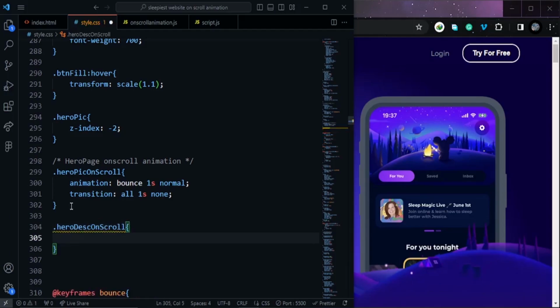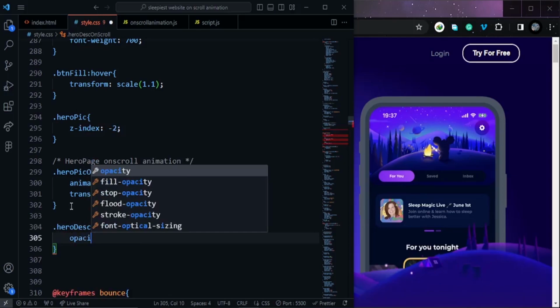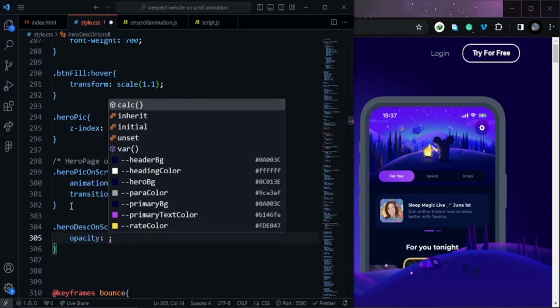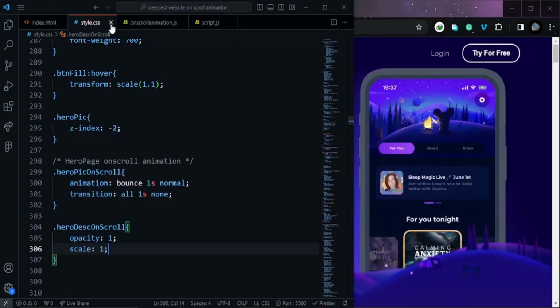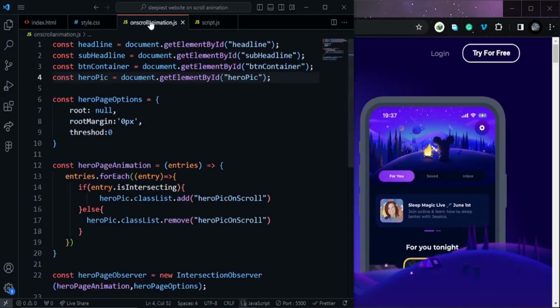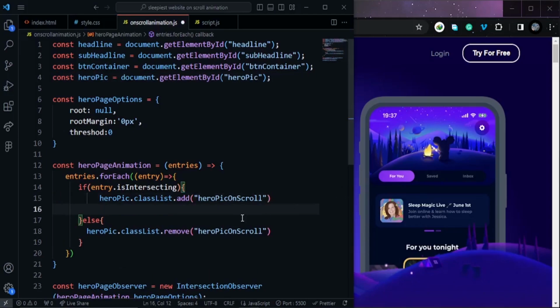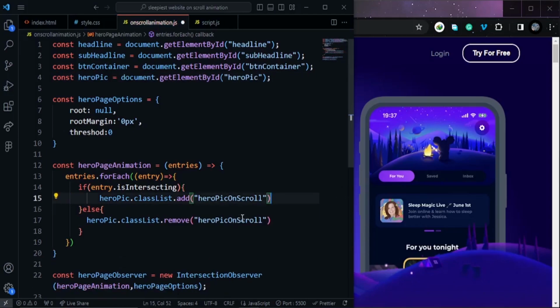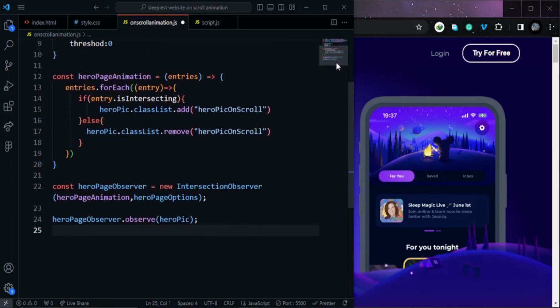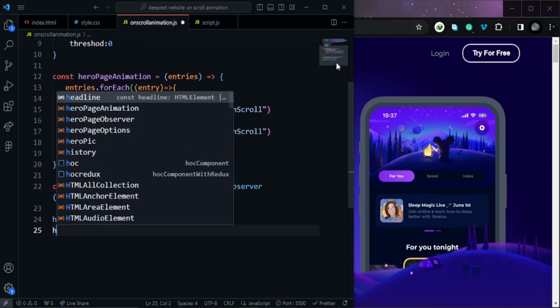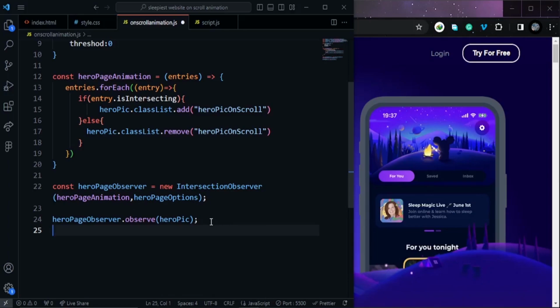And inside this, we are going to declare two properties: opacity 1, and we're going to increase the scale to 1. And inside the on scroll animation, we follow similar steps. First, we're going to observe whether the element intersects with the root element or not. So just copy this one